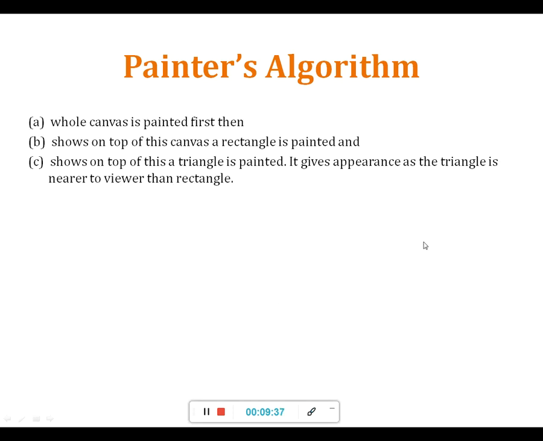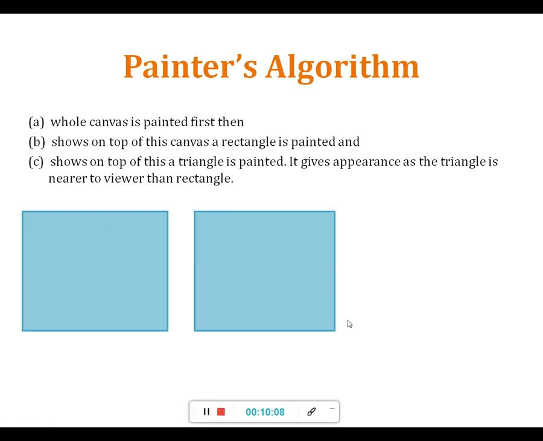So what we are saying is that the painter is doing painting, and first of all it is going to paint the canvas. Okay, so this is the canvas we are having, and if we want to paint it, we paint with some color, right? So this is the background color we are assuming for this canvas or any particular scene. Now on top of the canvas a rectangle or any other shape is painted. Suppose we are painting a triangle here, so we have painted the triangle over here.